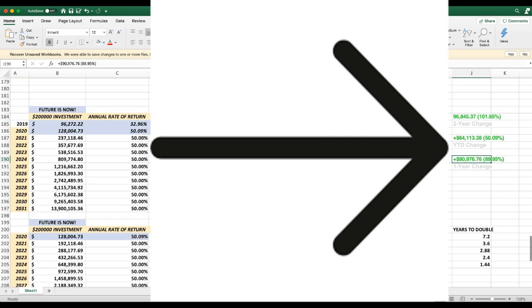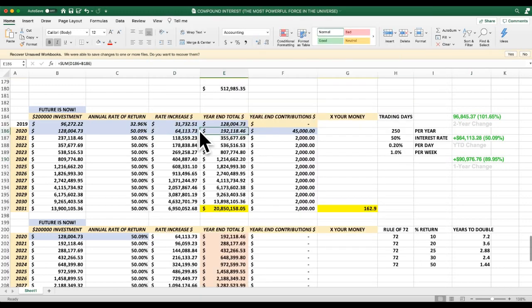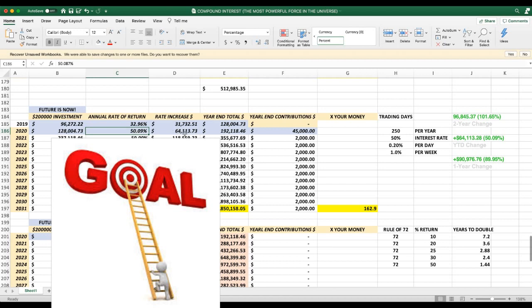So basically in the first year, it's at 30%, which is solid. Second year is at 50. Granted, the year's not up, and we still have a few more months left to go. So we got May, June, July, August, September, October, November, December. We still have 8 months to go, basically. So we're not done with this year. I'm going to do my best to try to make another 10, 20, or 30%, maybe more. I'm just going to try to make as high a percentage as I possibly can. But bottom line, we've already hit our goal for this year. And I would like to make a little bit extra to make back for last year being a little bit short.